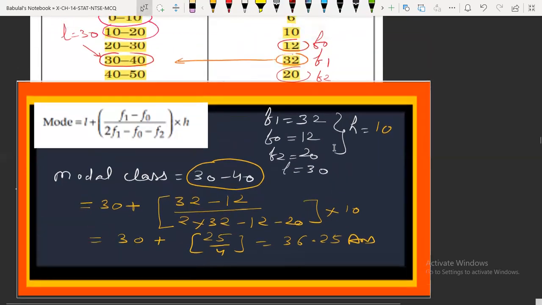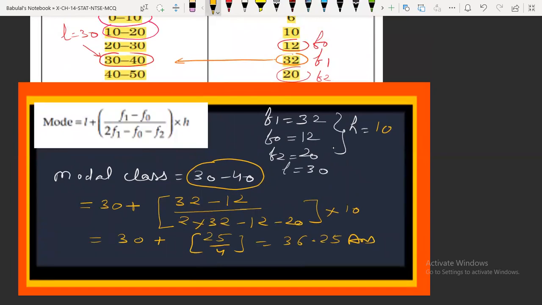36.25. So first of all, what you have to do, you have to find out the maximum frequency, that is 32. 32 will be F1. Then the frequency preceding F1, F1 के जस्ट ऊपर वाली फ्रीक्वेंसी को हम कहते हैं F0, and the frequency succeeding the modal class, 32 के जस्ट बाद आने वाली फ्रीक्वेंसी, that is 20. ये सारे इक्वेशंस में होगा जिसमें हमें मोड फाइंड आउट करना होगा. And the modal class is the class which corresponds to the maximum frequency,